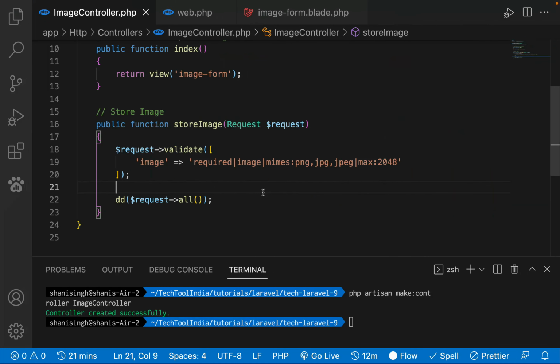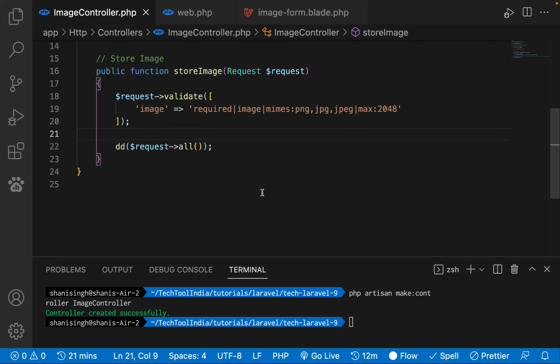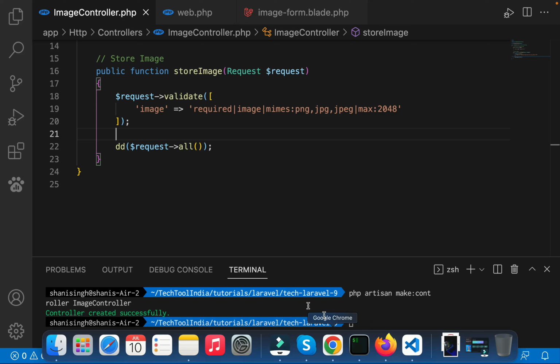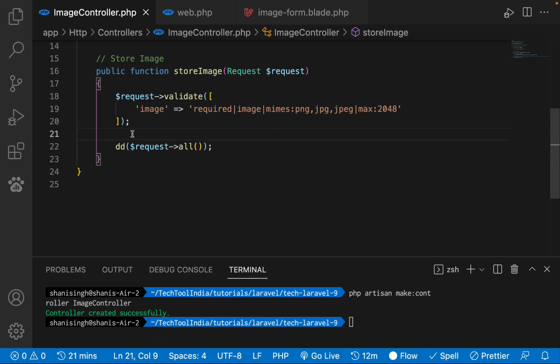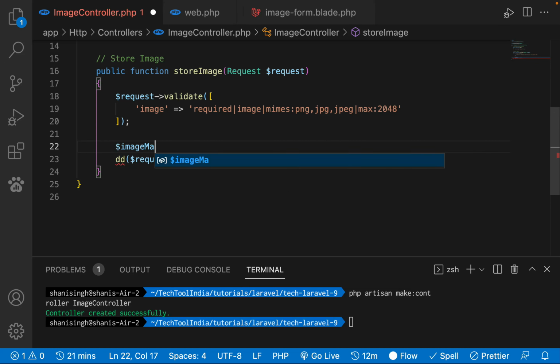So the next thing we need to do is to store these images in our local, and then maybe store it in a database as well. But for now, I'm not going to store this in the database. I'm just moving this to our local folder so that we can validate these things, like okay, how we can get the image. So what we need to do here, I just want to give a name to the image which is coming. So let's take a variable called image name,